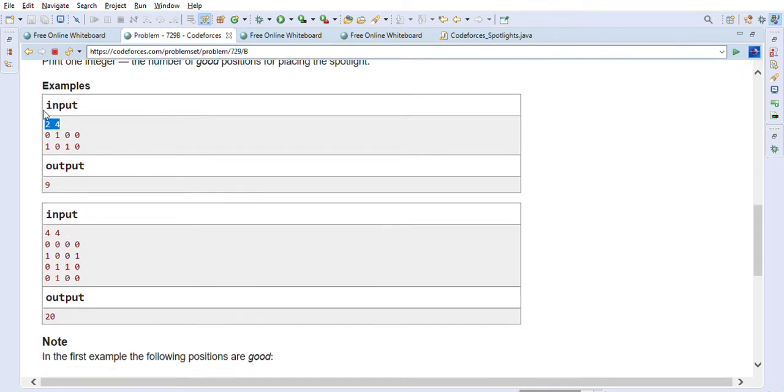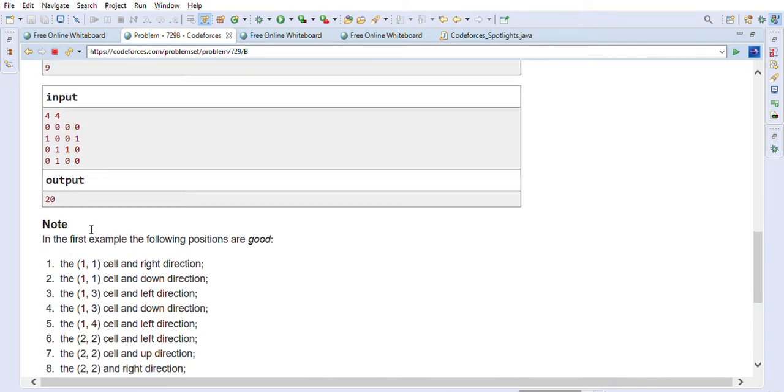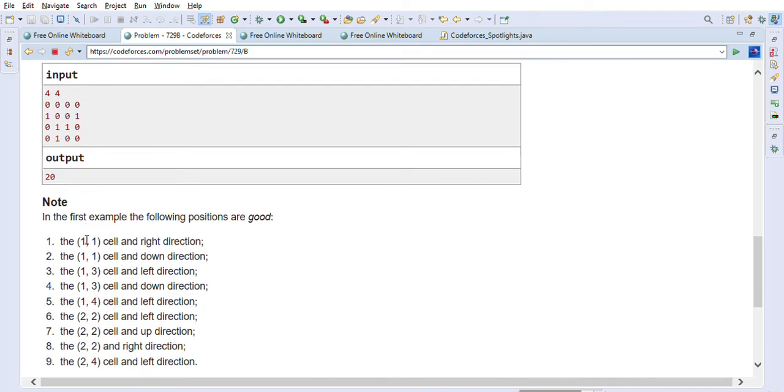So if you look at this example, this is a 2 by 4 matrix, and this is where an actor is present. One means an actor is present, and 0 means it is an empty spot, right? They have explained it here. So how can we find good positions to place the spotlight?